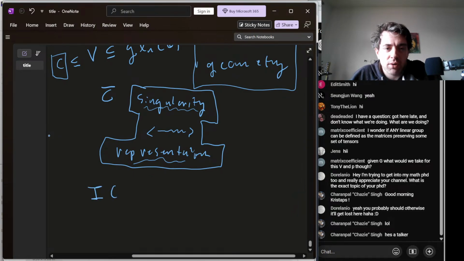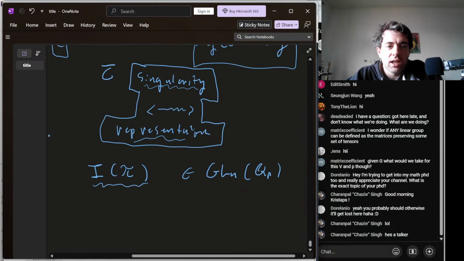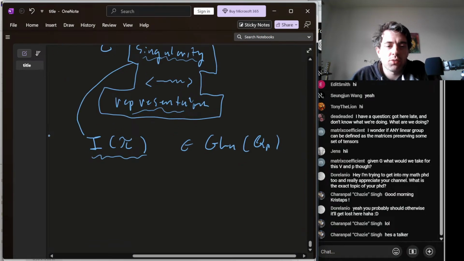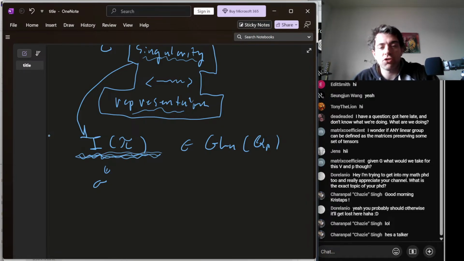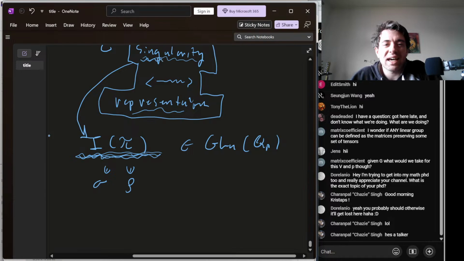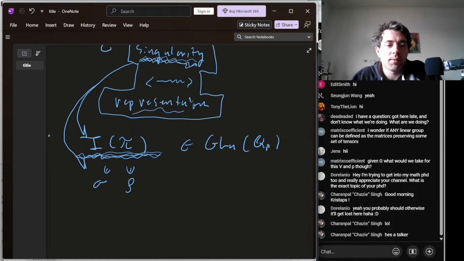In previous office hours, I talked about building these representations of GLN by inducing them from smaller representations. And one of the things that these singularities will tell me about is what kind of representations live inside this one. So this induced representation in general will be some big representation. It'll contain a bunch of others. And so looking at how bad a singularity might be will give me information about the kinds of representations that live inside here.